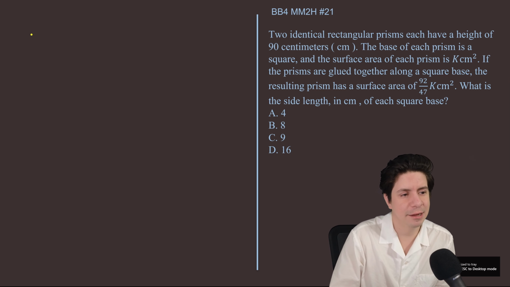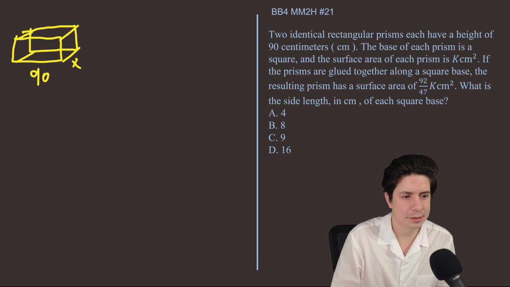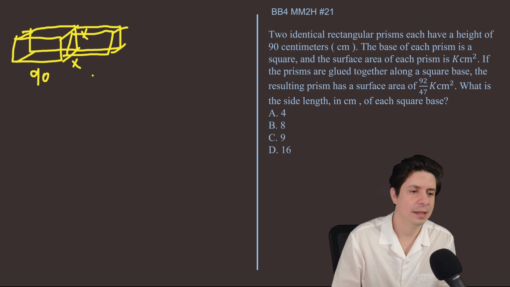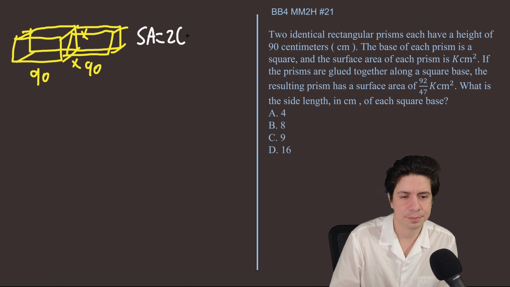So imagine you have a prism, okay, with a height of 90. Side lengths on the base of x. And then we're going to add another prism that's identical. Excuse my drawing here, but I'm a tutor, not an artist. And that's again 90. So the surface area of a prism is 2 times length times width plus width times height